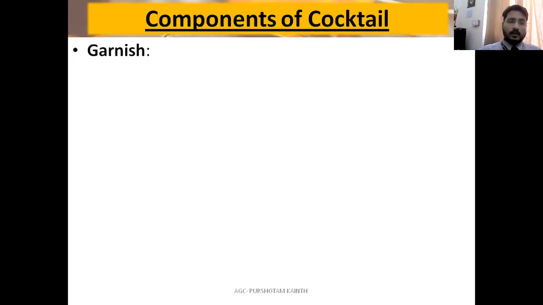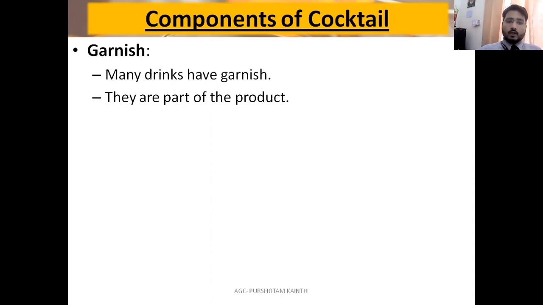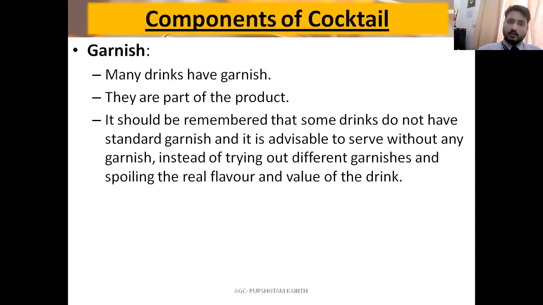The last one is garnish, the last component required to complete a cocktail. Many drinks have garnish, and it is part of the product. It should be remembered that some drinks do not have a standard garnish. It is advisable to serve without any garnish instead of trying different garnishes and spoiling the real flavor value of the drink.